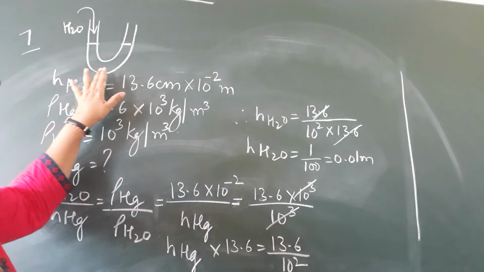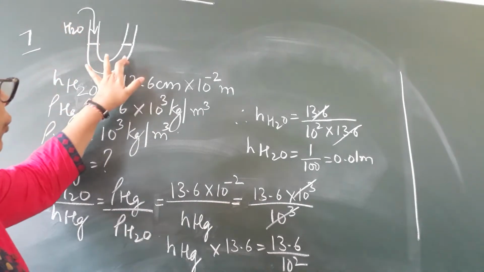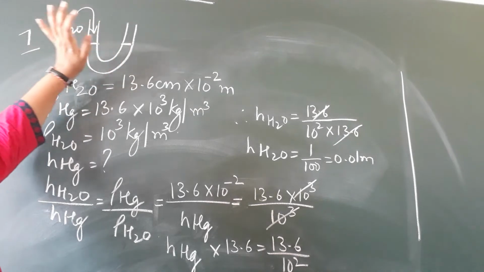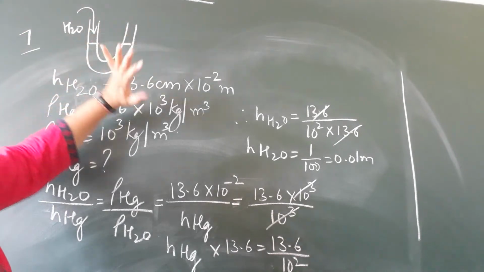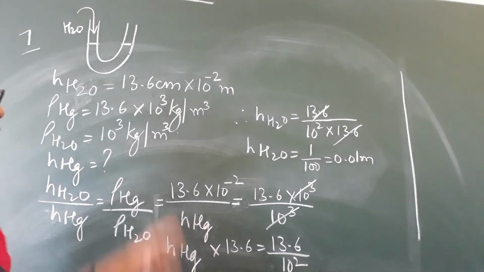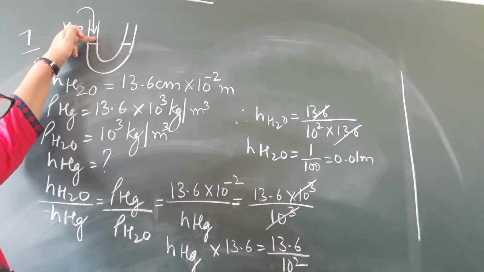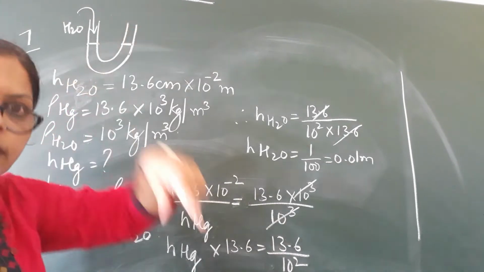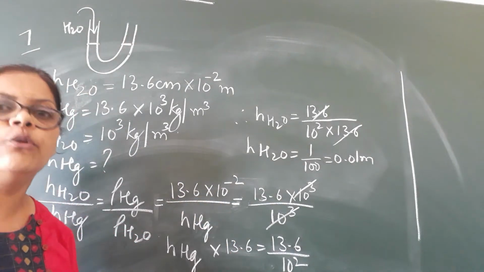Now in this particular numerical you were given a U-tube, and in that U-tube there was mercury filled up to the same level. Okay, I'll just read out the numerical. A U-tube contains mercury up to the same level. Okay, so water was poured from here. Naturally, when water is poured from here, the level of the mercury will rise up, and that is what you are supposed to find out in this numerical problem.